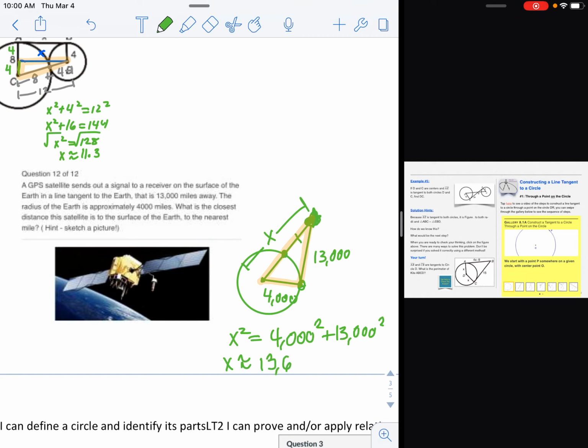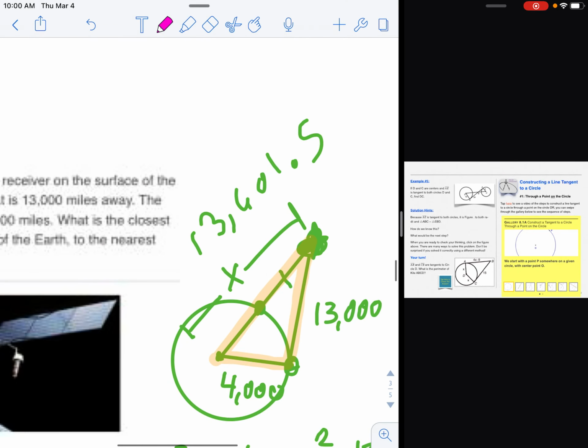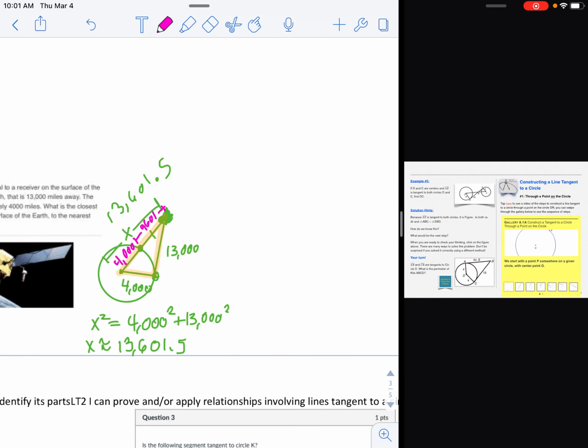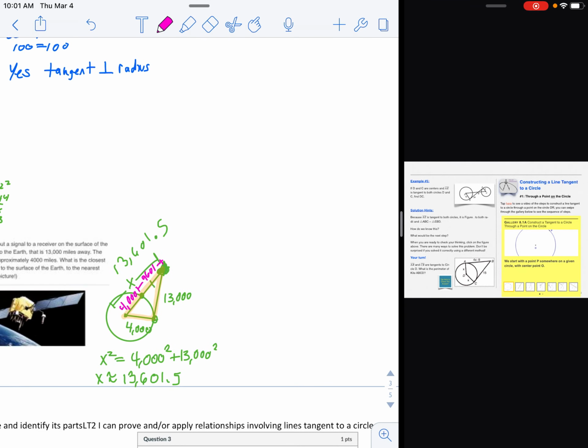Plugging this all into my calculator, it's about 13,601.5 miles to the center of the Earth. That means that this is 4,000. So this distance right here, which is what we want to find, just subtract 4,000 from our answer. And the satellite is this distance from Earth. It's 9,601 miles. All right, that's the nearest mile. All right, so just how they can use